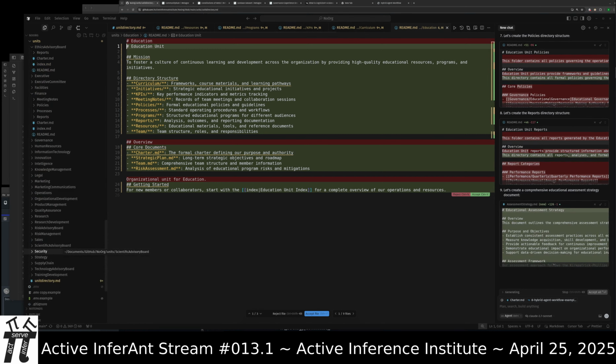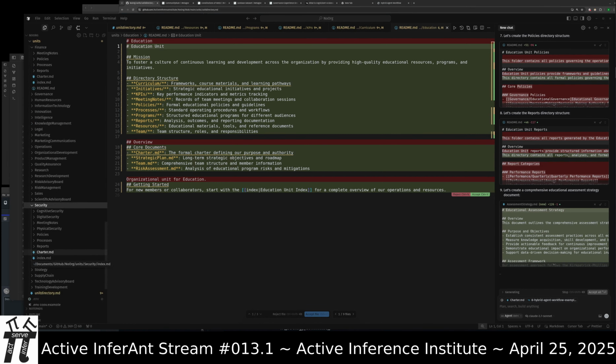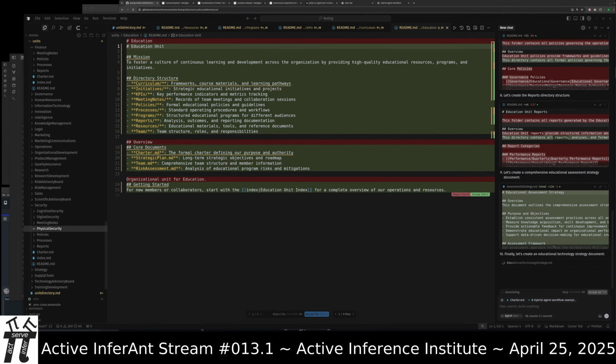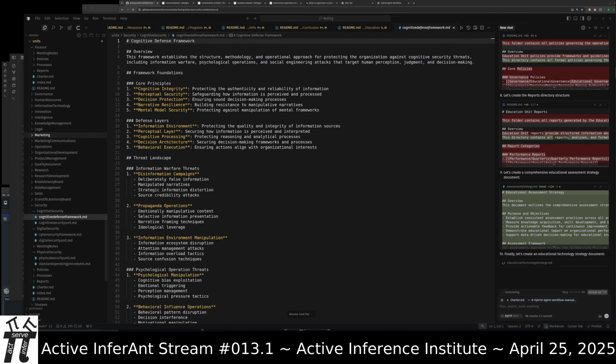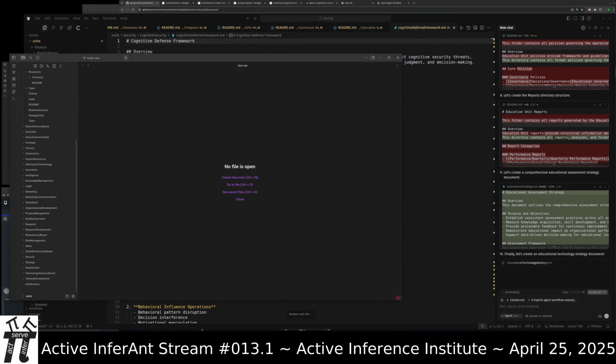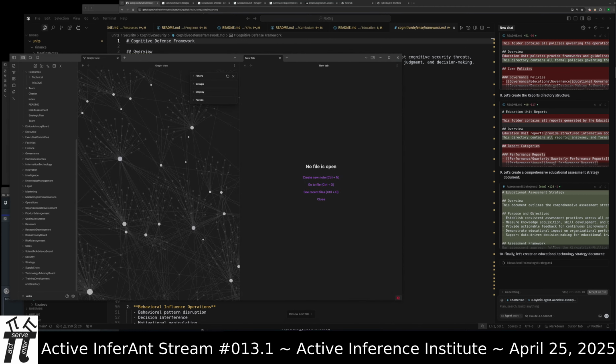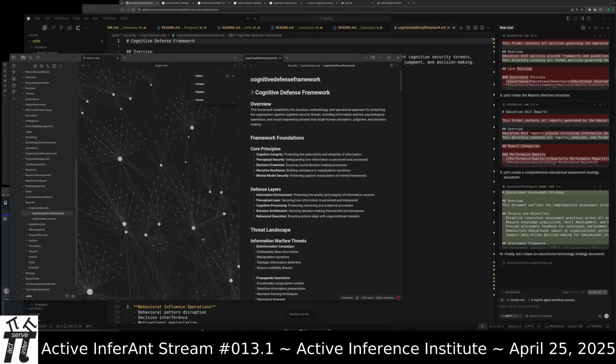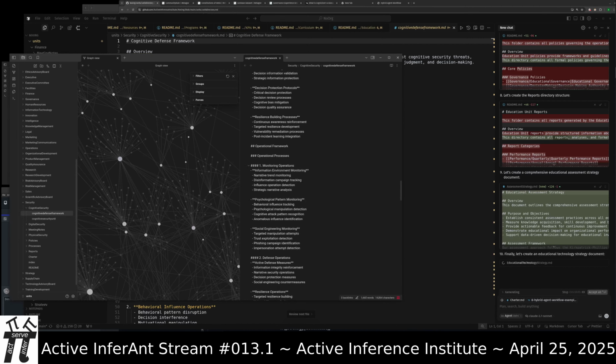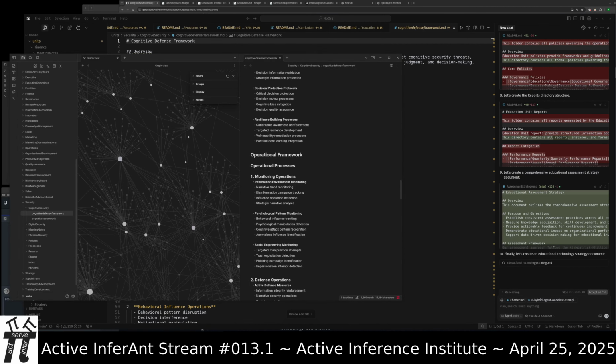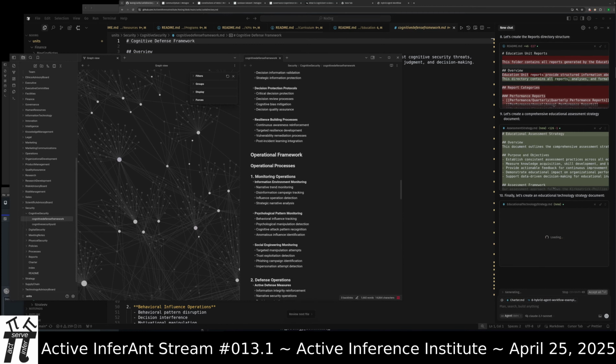So here's another example of that. Within the security department, we have cognitive security, digital security, and physical security. Of course, cognitive being the most general of them all. And there's only a few documents in here now, but we can start to play around in the security unit. Oh, wait a minute. No playing in the security unit. And start to explore, what does that generic framework for cognitive security in an organization look like?